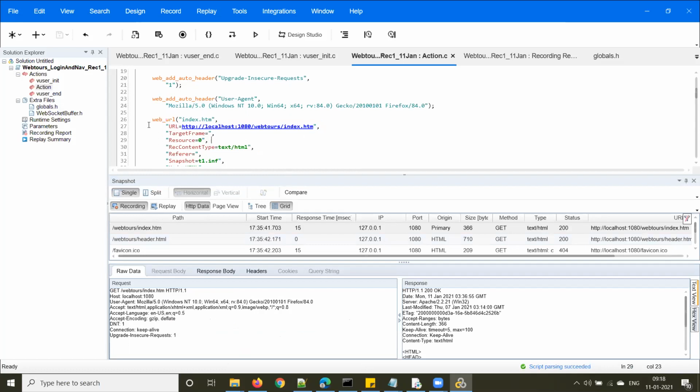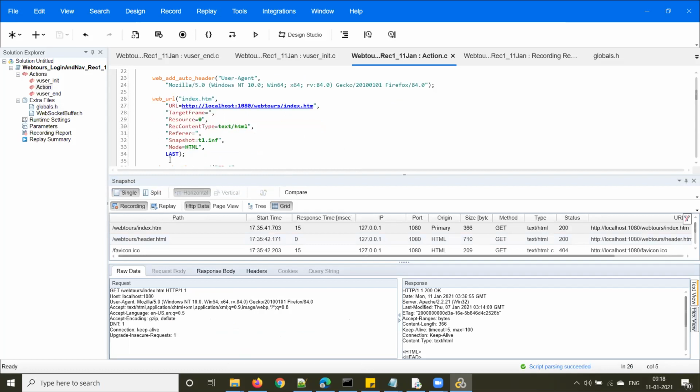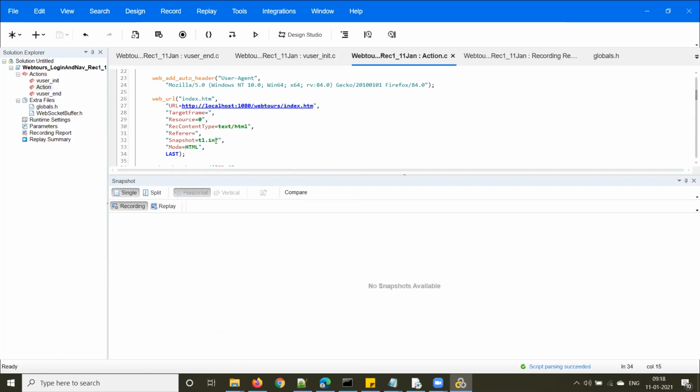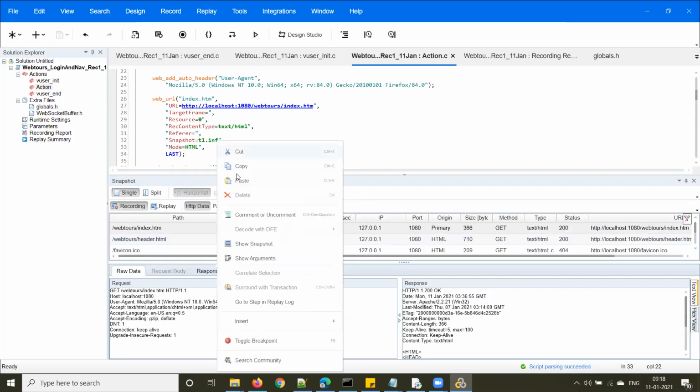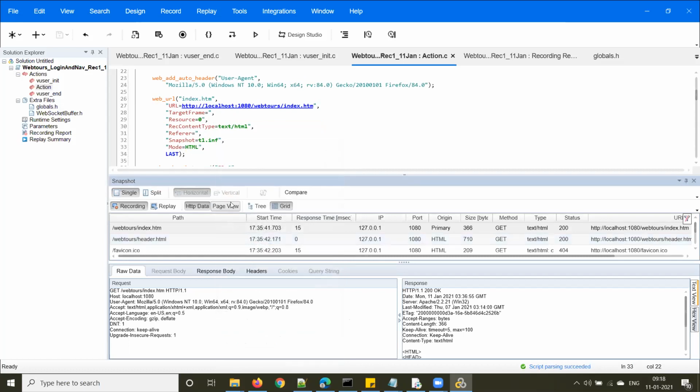So right click on that. This started from line number 26 and ended at line number 34. You can right click anywhere from 26 to 34 and use the option show snapshot and observe here, in the snapshot. This is called the snapshot window, right?